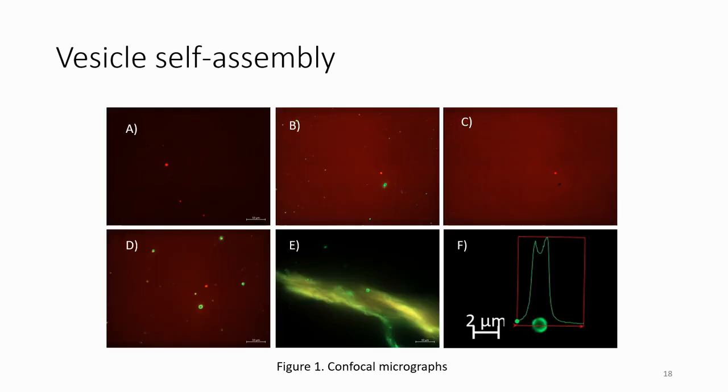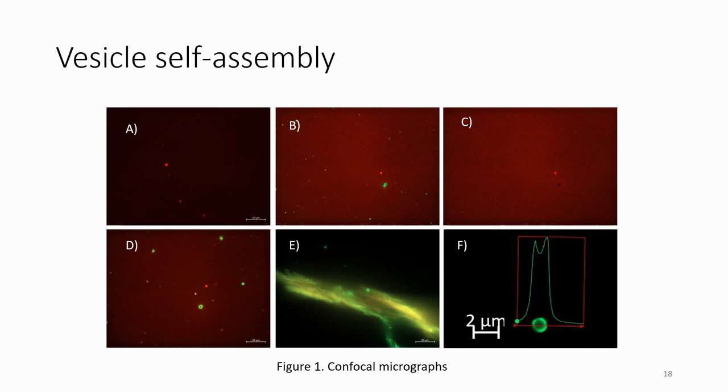This shows the vesicle self-assembly. So on the first image, this is just a control of the mCherry ZE ZR ELP with a molar ratio of 1 to 20 with a 50 micromolar ZR ELP. So letter B, this shows that vesicles were actually formed. So as you can see, this very bright light, which is the green part, it's a vesicle,